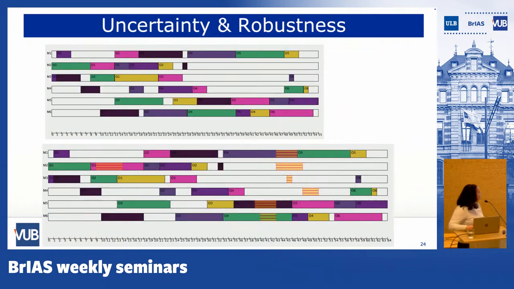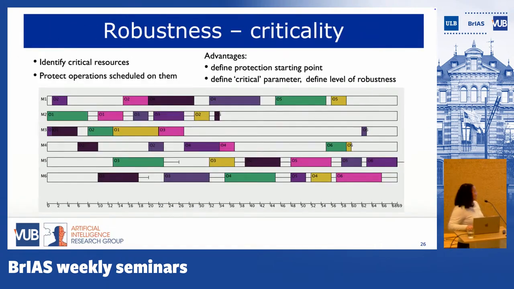So our objective was to define something that is called criticality, and then we allow the user, I mean the expert that is using the tool, to identify the critical resources. So according to the problem you have, you can define when a resource is critical, once we start having too many operations scheduled one after the other. And then we decide the level of protection we want to give. Basically, you can add just a percentage of the processing time. So typically it can be 10, 15%,